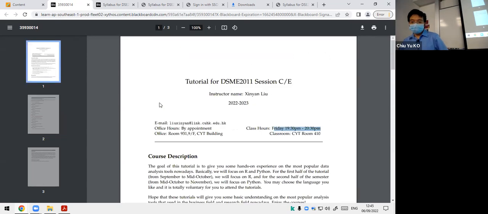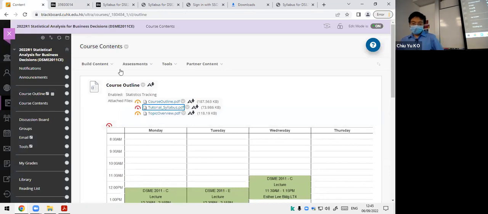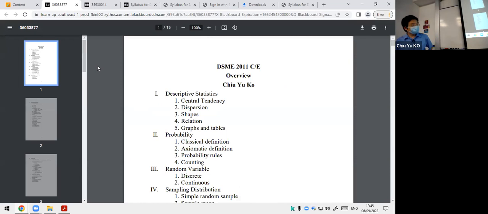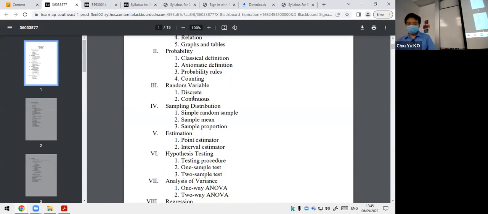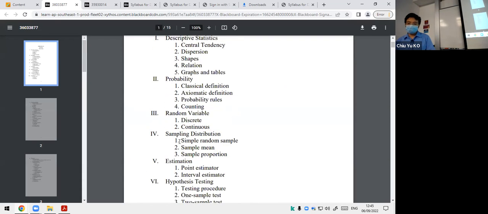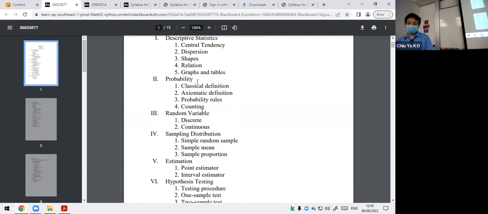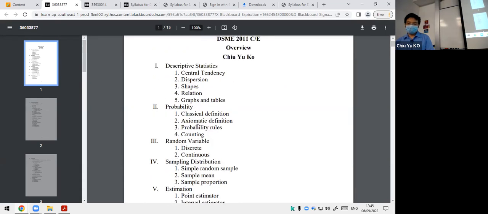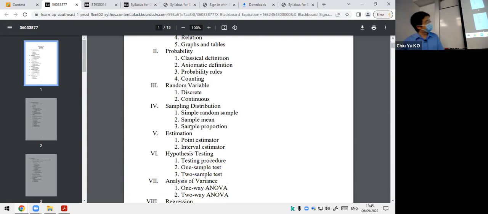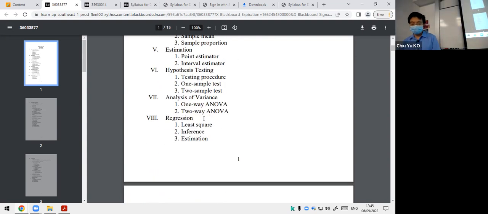So this is item number 2. Item number 3 is the overview of the topics. This overview tries to break down what we learn. Basically, it's 8 topics, okay? As you will see in this file, I have described each topic, and each topic will probably last 1 or 2 weeks. The shorter ones will be 1 week, and it adds up to 13 weeks.